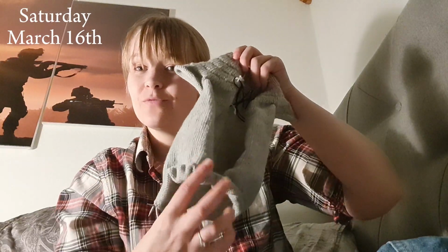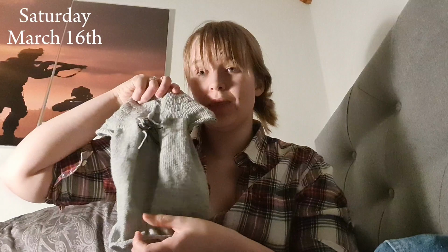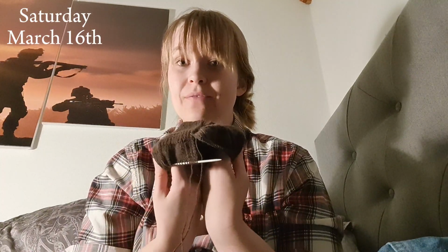And here you can see the first one I started on. This is very close to being done. I think I have about half a centimeter to go on this before the body is done, and I'm ready to start with the legs and arms. But what is really throwing me off is this one, and I haven't even separated for sleeves yet. I am about to separate for sleeves on this, but I have 20 centimeters to go,